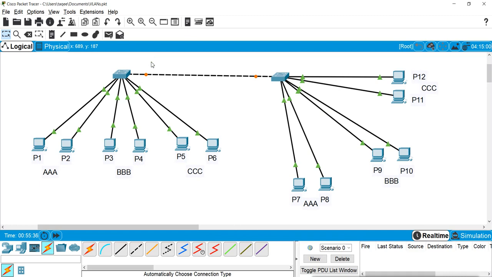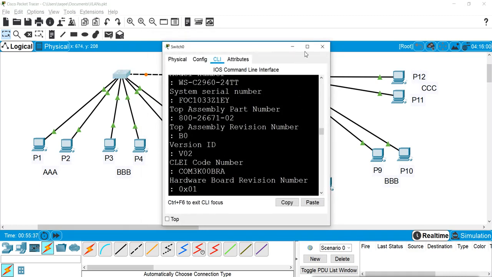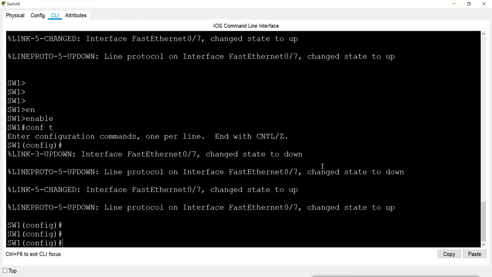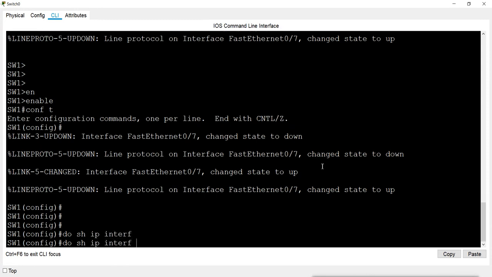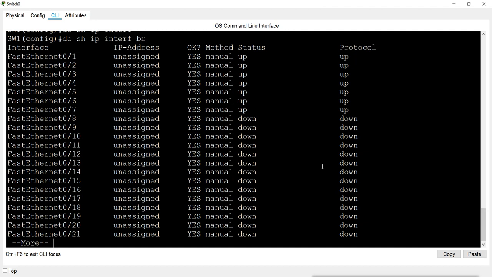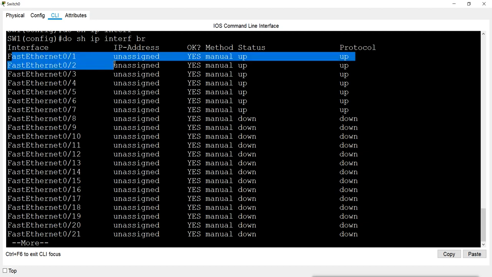We can also verify it by checking the do show ip interface brief command. So we have these ports enabled, port number 1, 2, 3, 4, 5, 6.